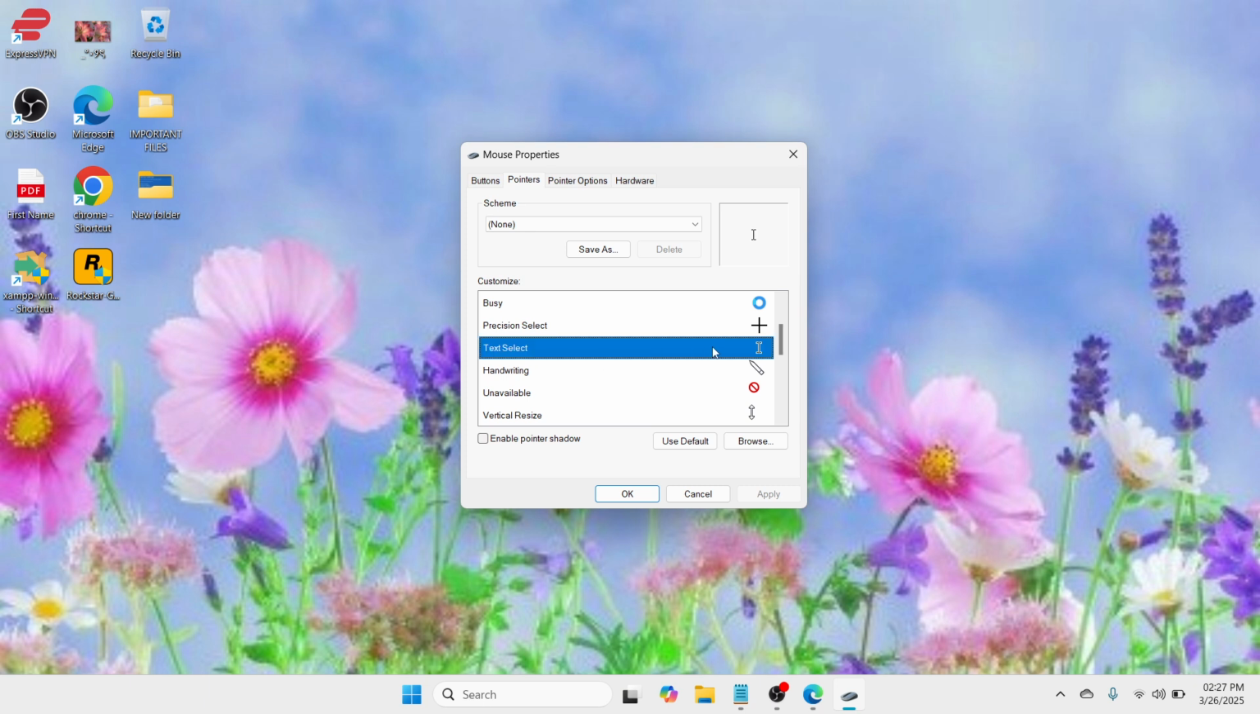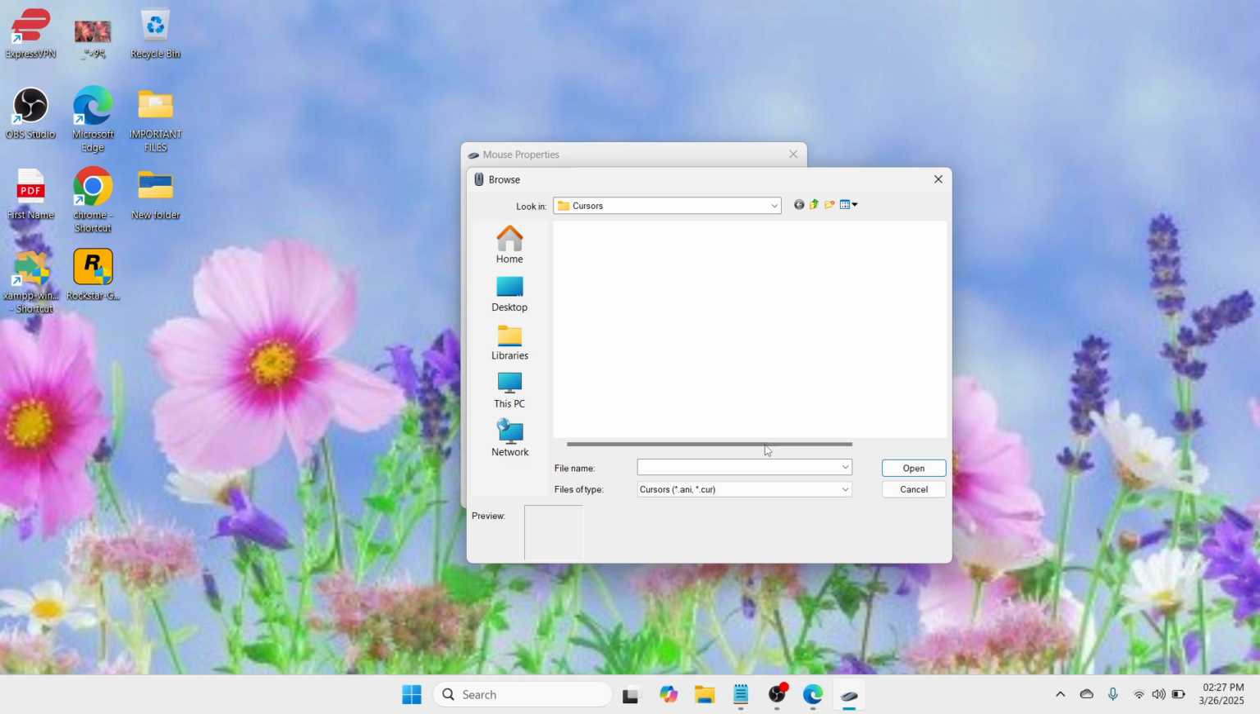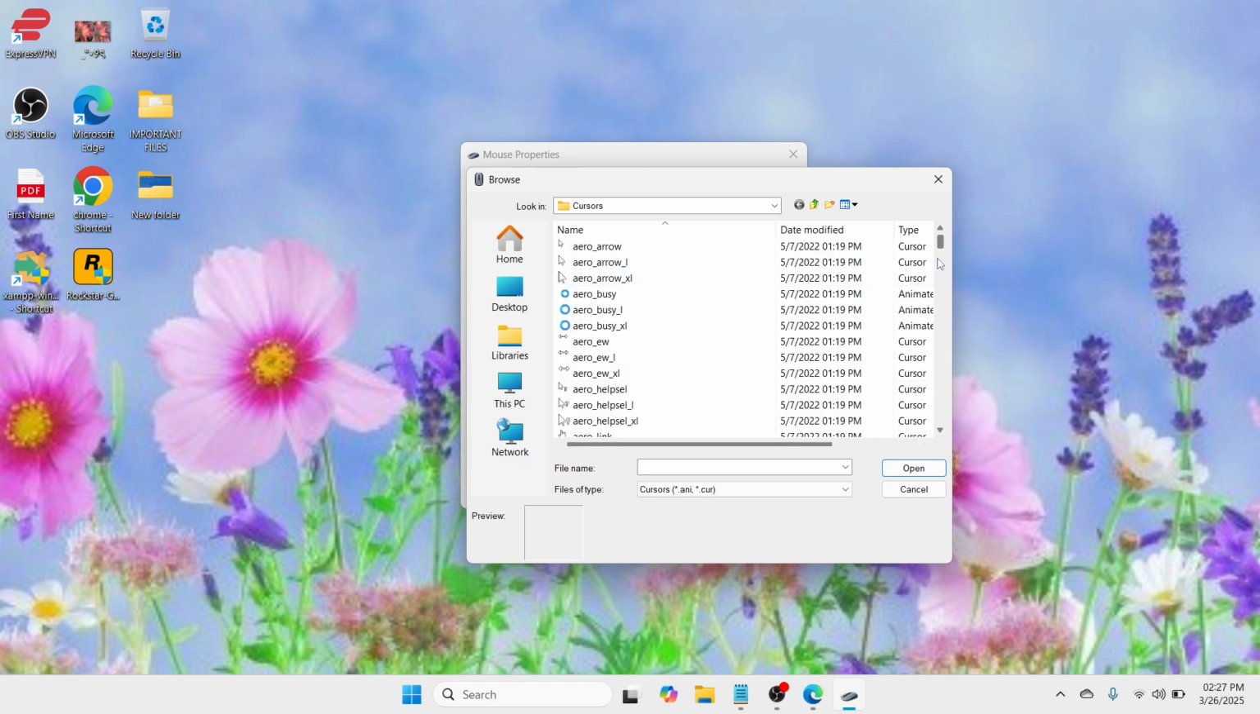Once you have selected it, there you would be able to see two options, which are use default and browse. Click on browse, and a new window would appear where here you need to scroll down. So we just have to scroll down with it